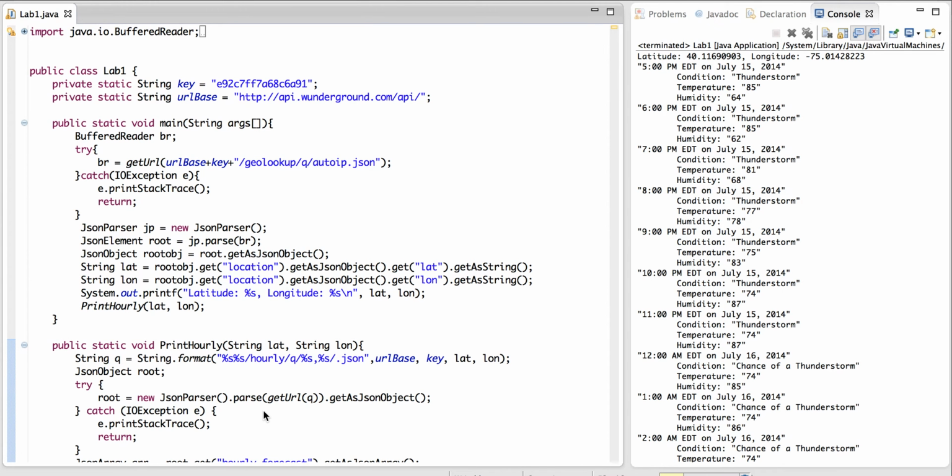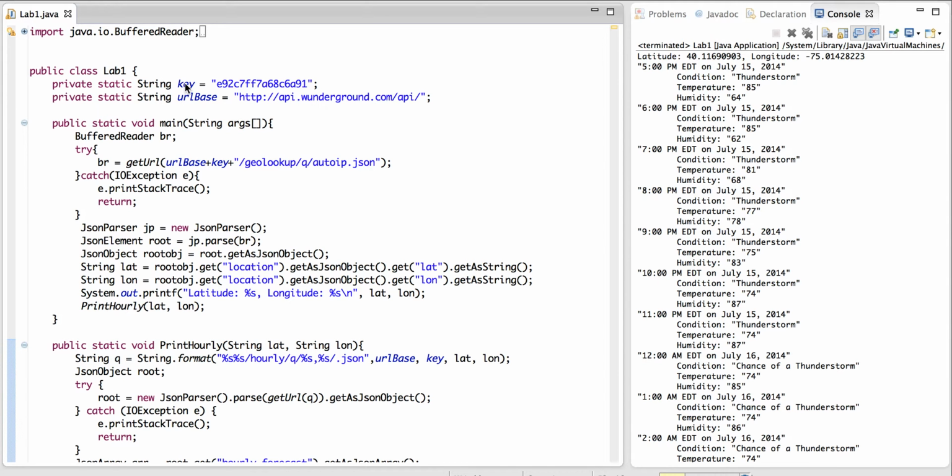So here I'm just going to do a quick explanation of the code behind Lab 1, Parts 2, 3, and 4. First we're just going to define a class. This is going to be our main class and we're going to call it Lab 1. The first thing we're going to do in here is define some public variables that we're going to be using throughout the code. These include the API key and the base URL that we're going to use to access